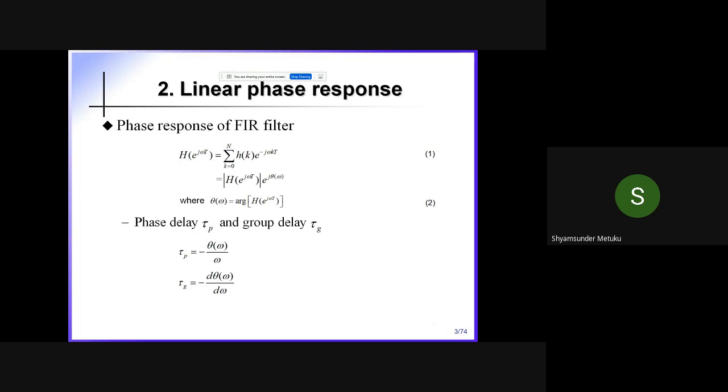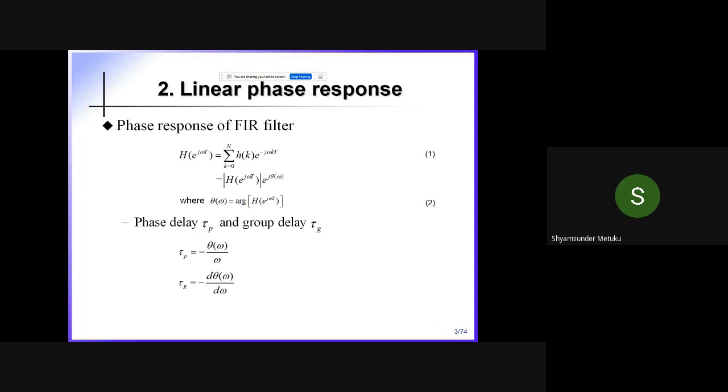Okay, sir. So in mathematical form, it is represented this way: equation 2 is going to represent only your phase term. Phase term means 0, minus 45 degree, then 0, then plus 45 degree. Is that clear? It's only a mathematical representation. So that is phase and magnitude. Like what is phase delay? Group delay and phase delay. Now I'm explaining that. But till now it is okay, no? Till equation 2 was okay?